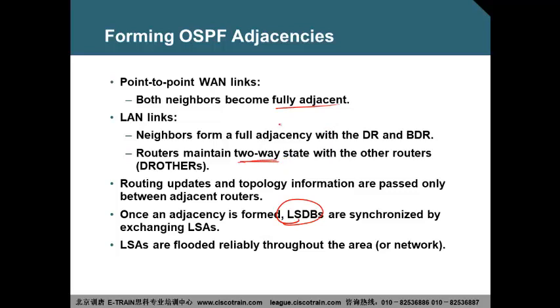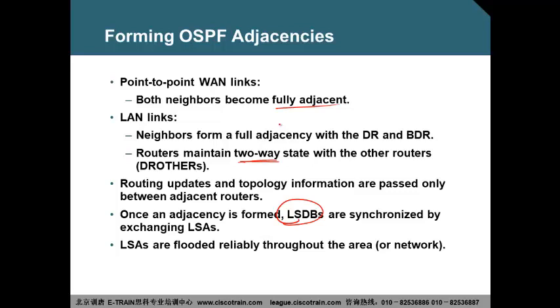Two-way friendship means what? He knows my name, I know his name. That's all we know. We don't share our personal matters, and he doesn't share his personal matters. So we don't have full adjacency. He's not my thick friend. We are just a two-way relationship. Yeah, I know him, he was there. That's all. You understand?